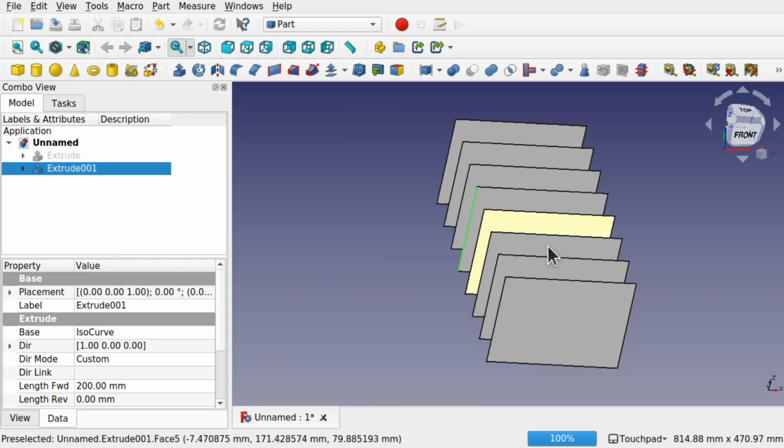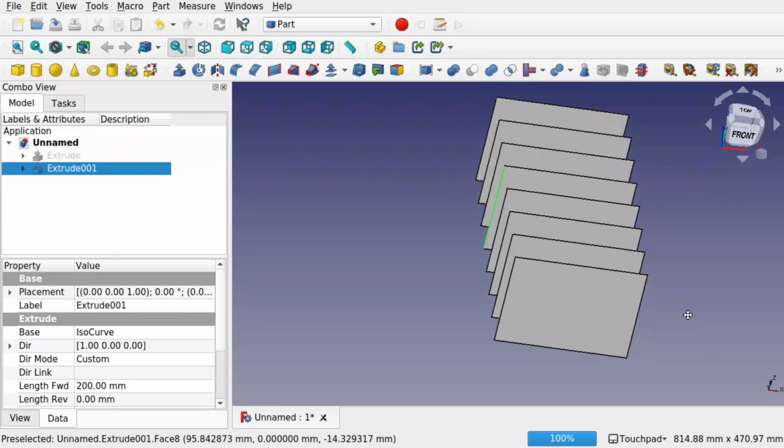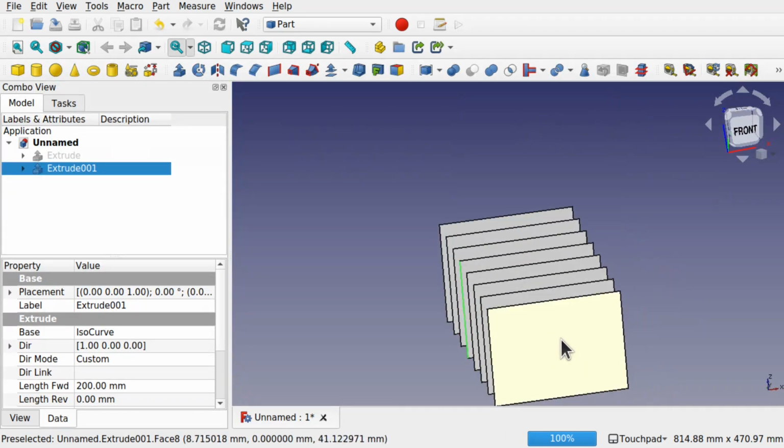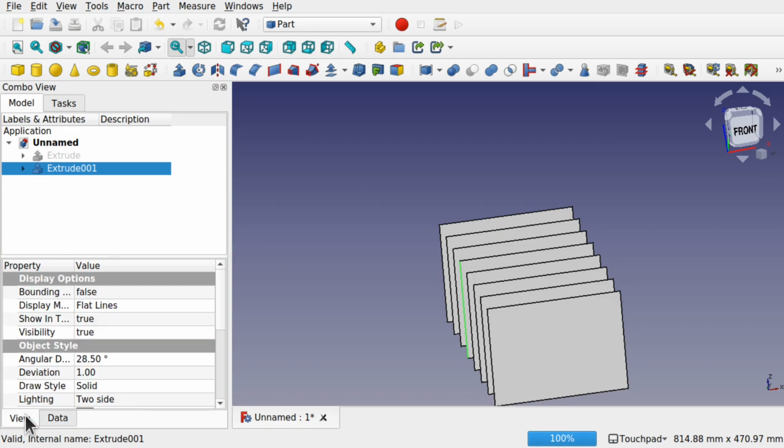We can use each of these as a datum plane if we so desire, which I'm going to do, but I'm not going to sketch just yet on these. I'm going to change the color of this because this is grey. We don't want to be sketching on grey because we can't see it, and it won't be any good for the demonstration either. So we click on our extrude, come down to the view tab, and in here we should